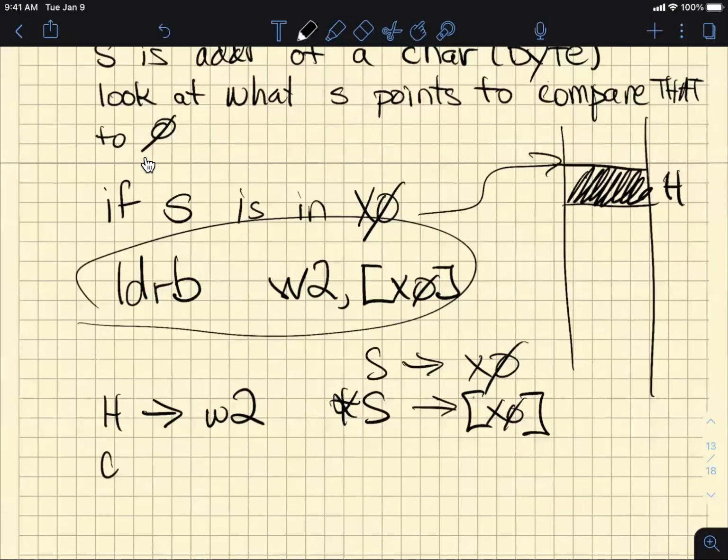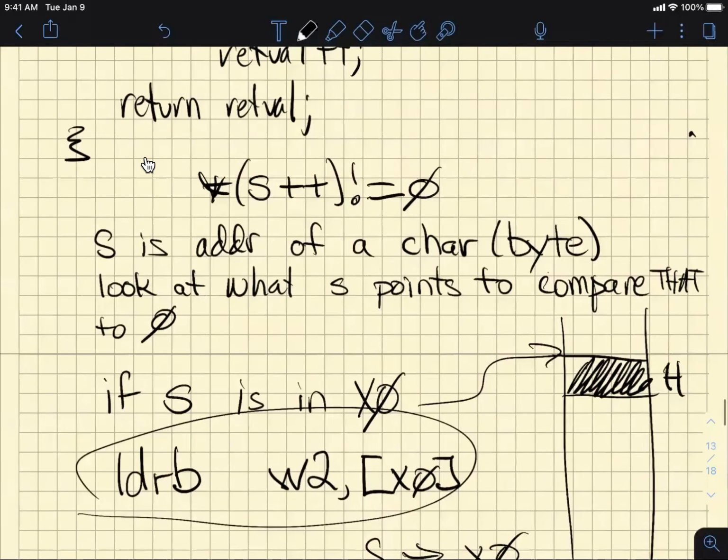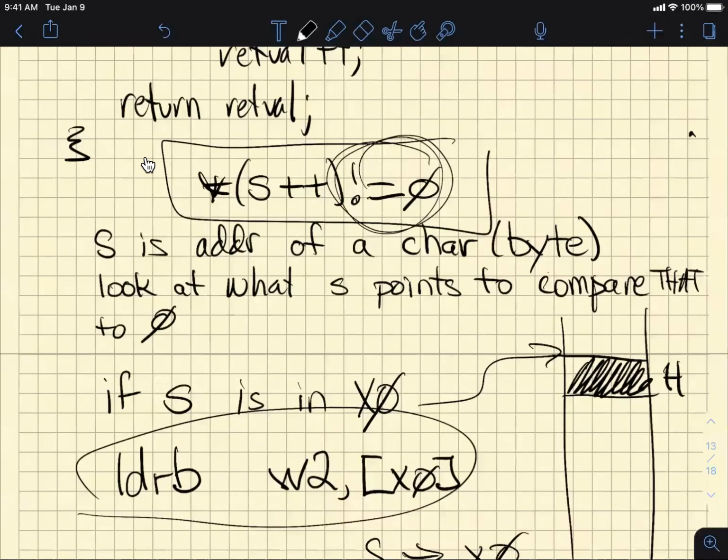So then you would compare W2 with 0. Okay, and that's this instruction there. That's this part. You'd be comparing W2 to 0. All we have left to do to completely implement this